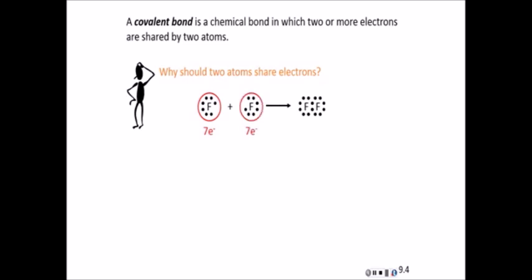Each of the two fluorine atoms has 7 valence electrons. When they bond together, they share the unpaired electrons, so that now they both have an octet. The Lewis structure then of F2 would look like this with the dots, or we can replace the shared electrons